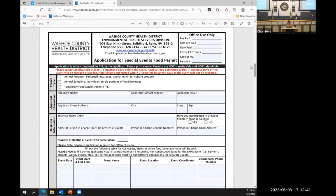So for the first page of the application, this is what really changed is the application. We have some new policies that are in red, but the actual requirements for our vendors are the same. They're just called out better on this new form. So that's something to kind of note. So in red,